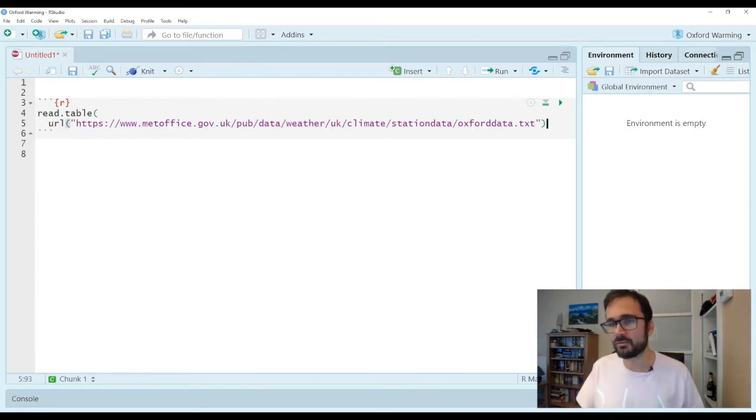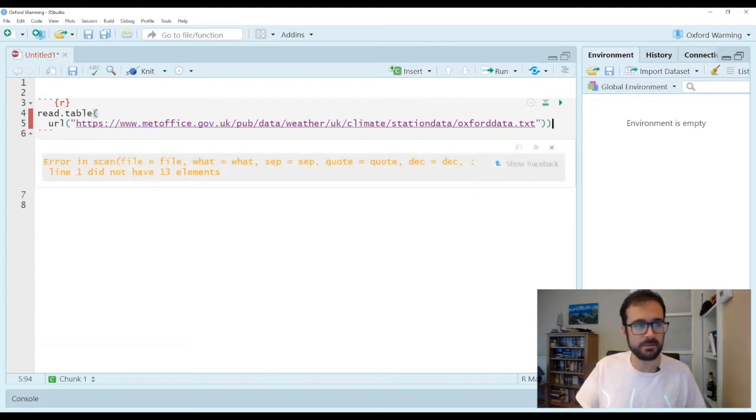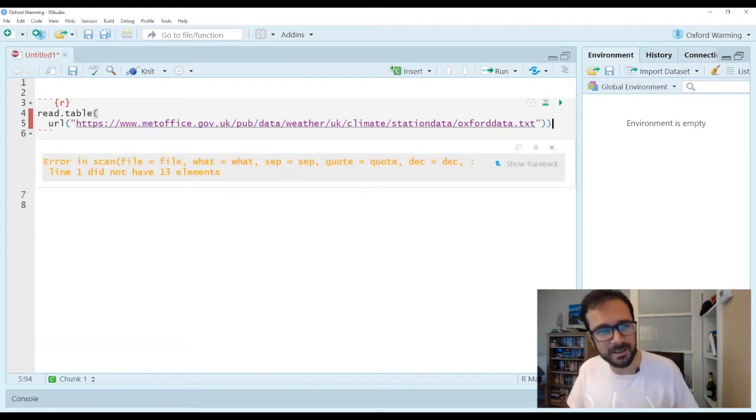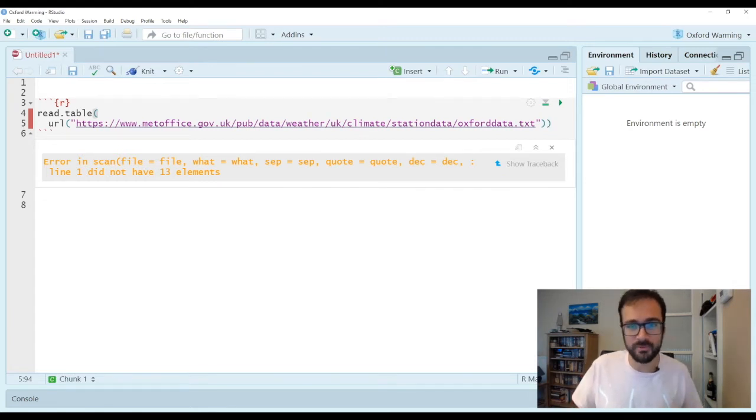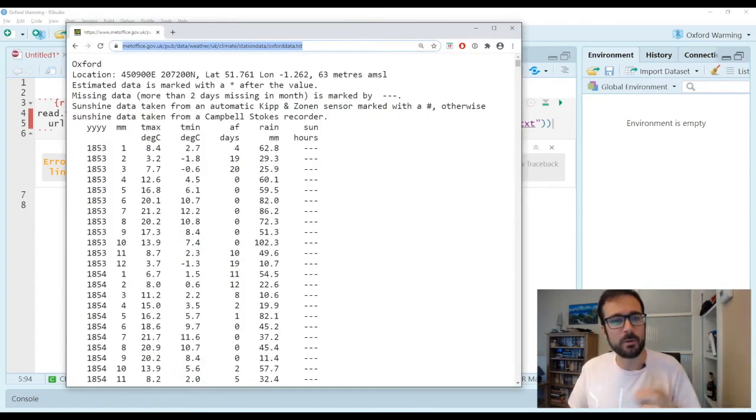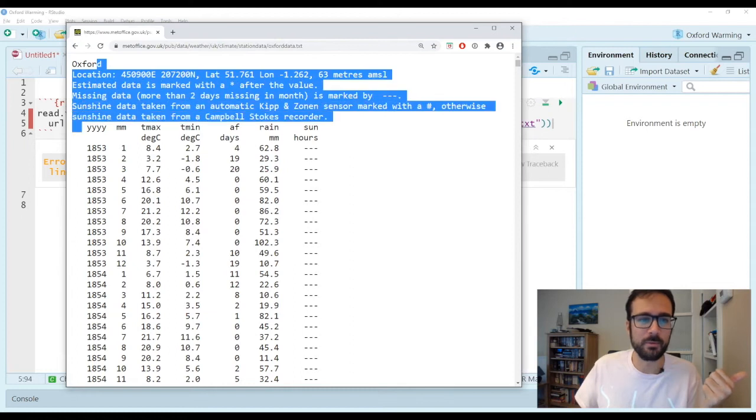So I could just run this line here, and okay, I immediately get an error saying, okay, line 1 did not have 13 elements. I'm going to need to do some thinking about the exact format of that data. So let me scroll back to that particular window. The first thing I want to do is, okay, I want to skip all of this stuff up here.